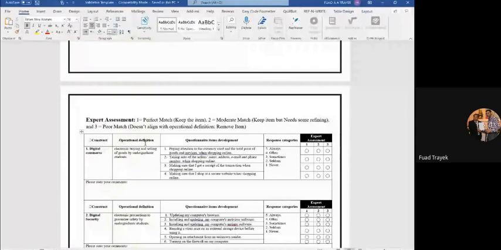Sometimes when I get back to the researcher, if I know the researcher very well and I am willing to help, I always send them an email: could you please send me the operational definition? Some of them don't even have the definition. And then I say, I'm sorry, I cannot